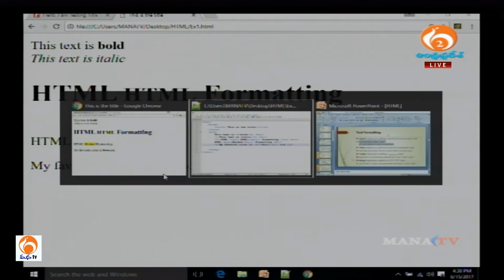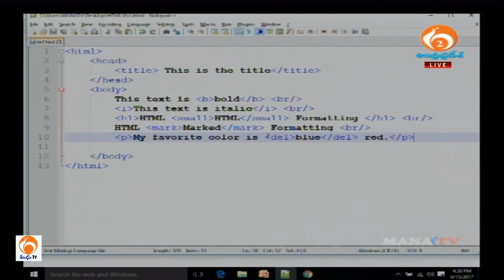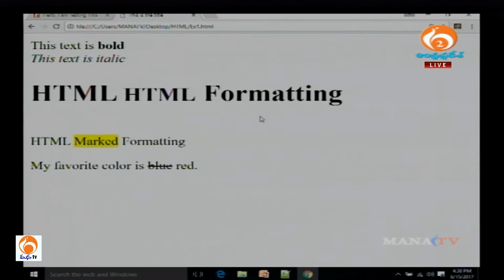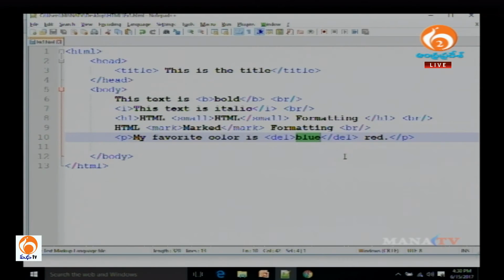So, here we wrote del inside the del tag, we wrote the content as blue. This blue is striken off, and we wrote red there. So, my favorite color is blue, blue is striken off, red. Earlier my favorite color was blue, now my favorite color is red, something like that we can denote with this. So, let us add a line break here,